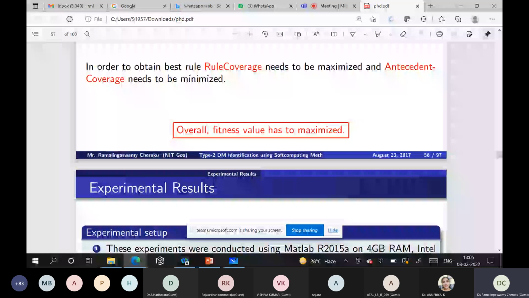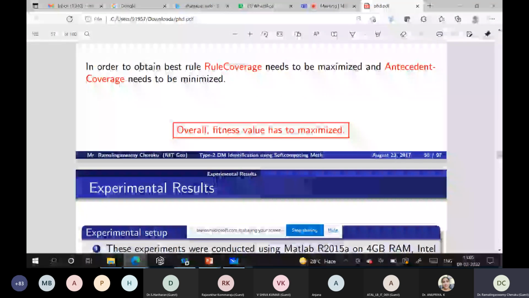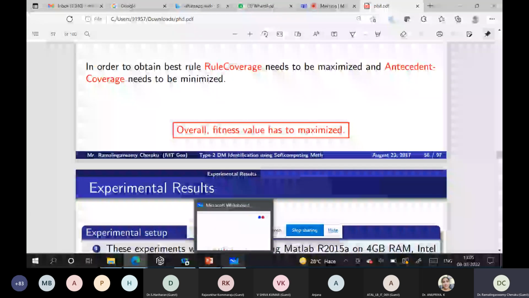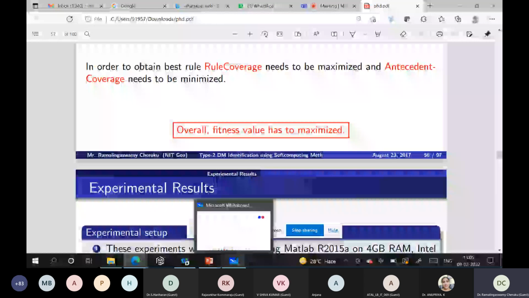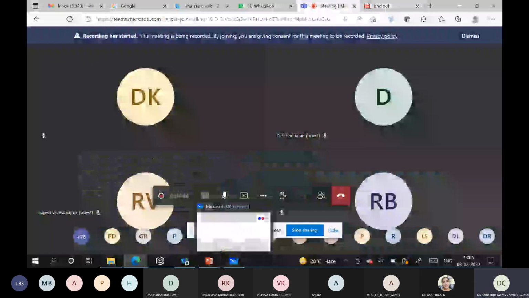So the rule generation process is similar to the earlier one. Only the encoding process has been changed, and of course the fitness function is also changed. Except for those two changes, the remaining process is the same. So today I explained how we can model a problem using a bio-inspired algorithm for the rule generation process, and how we got good results compared to the state of the art. With this I'm stopping my session, and if you have any queries, you can put them now. We still have 10 minutes for your queries.